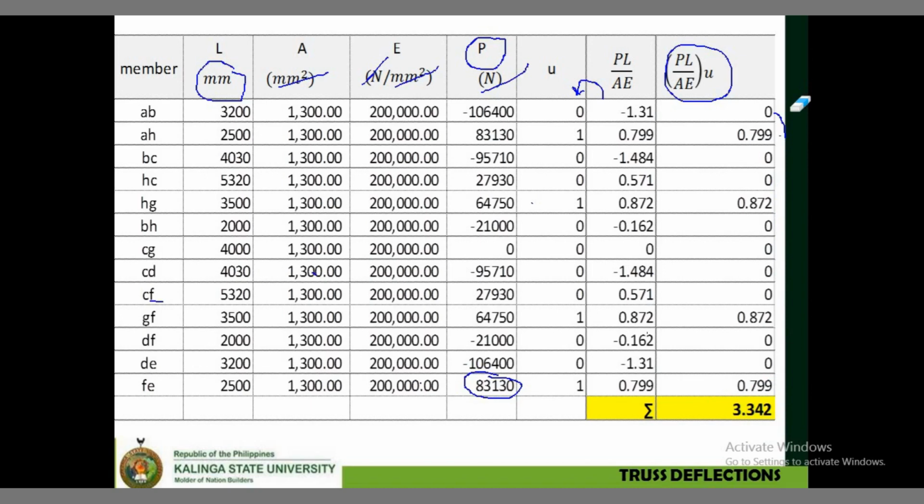Balik-balikan ninyo yung topic natin sa may method of joints and method of sections. Kasi if you are not yet familiar with those methods, ulitin ko, magkakaproblema kayo dito sa may truss deflections. Mahaba ang solution dito sa may truss deflections. Mahaba siya, but if you try to solve more problems, practice lang,